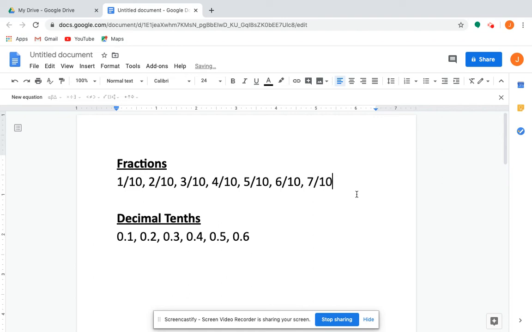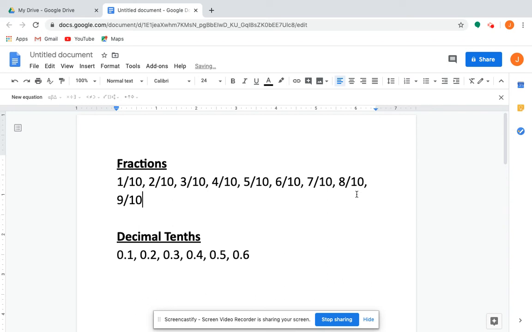7 tenths. I go to 8 tenths. If I just kept adding tenths, eventually I get to 9 tenths, and then 10 tenths, or this is one whole, right? 10 tenths equals one whole. Now, what if I kept going? Well, I'd have an improper fraction, right? 11 tenths. But we know how to turn improper fractions into mixed numbers, so I could also write it as